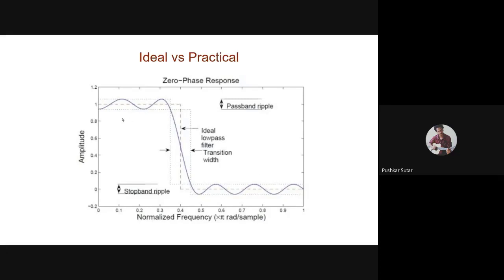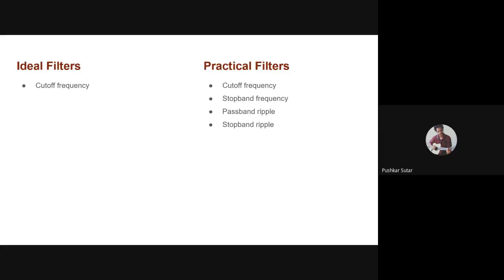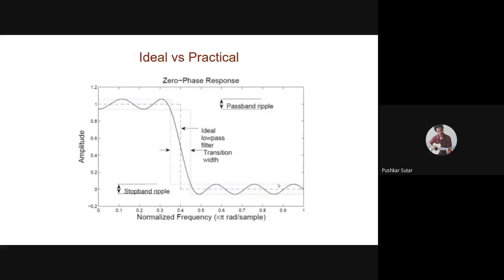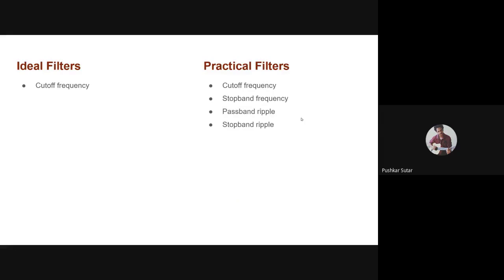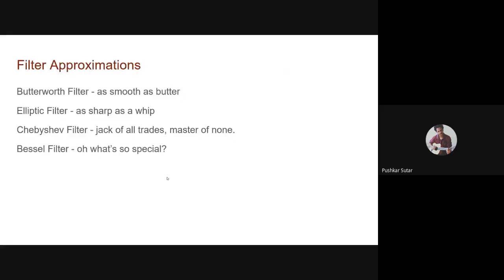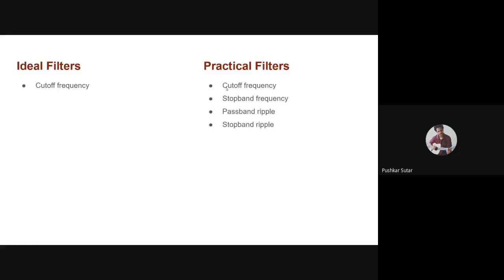So you can expect fluctuation in the magnitude response of the filter. And this fluctuation in magnitude response can be explained with the help of this pass band ripple. And also the stop band attenuation or stop band ripple, as the magnitude is also not directly zero, not ideally zero. So we need these 4 things. Now, playing around with these 4 different things, we came across different types of approximations, right? The approximations that you saw here, Butterworth and Chebyshev specifically, had to deal with any one or multiple of these specifications that I told you.